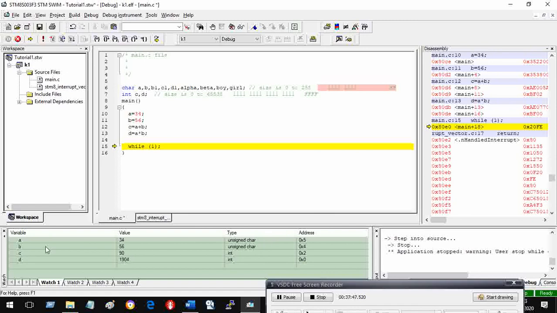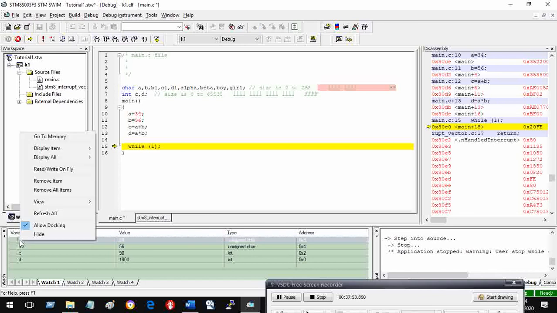Then the value can be displayed in so many different ways. What are the different ways? Display item either in the standard form, hexadecimal form, which was already in that form, and now we have brought it to decimal, then unsigned form, and the binary form.